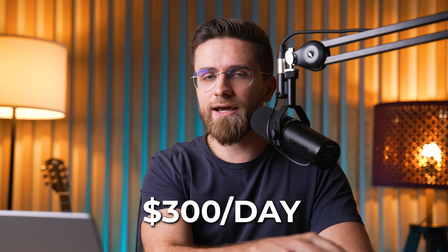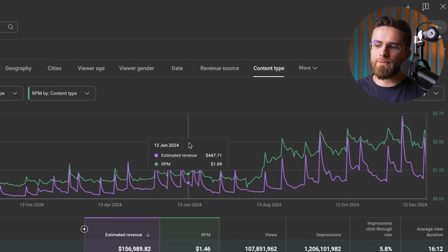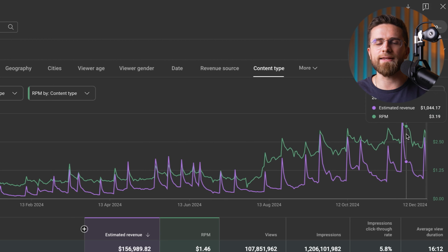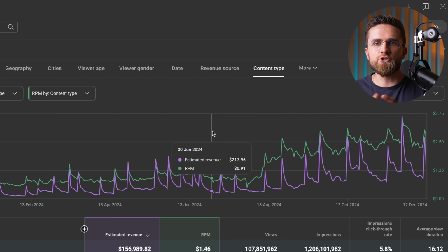This means that a while back, the channel used to earn around $300 per day, but now it's making up to $2,300 per day, just from better monetization rates. That's a massive increase in daily earnings, all thanks to that higher RPM. The RPM graph is a direct insight into your earning potential, helping you spot revenue spikes and adjust your content